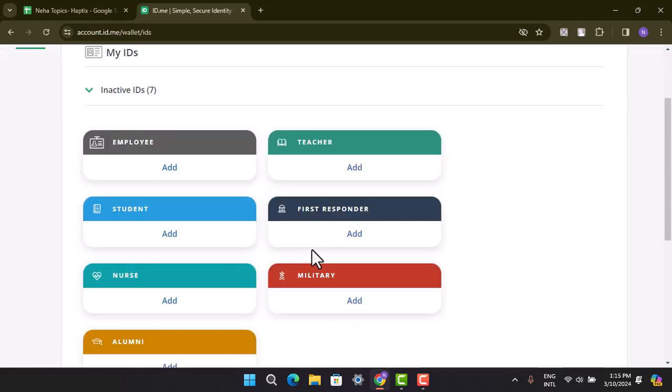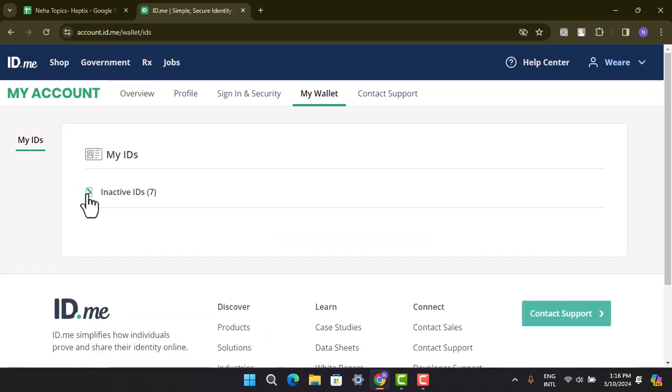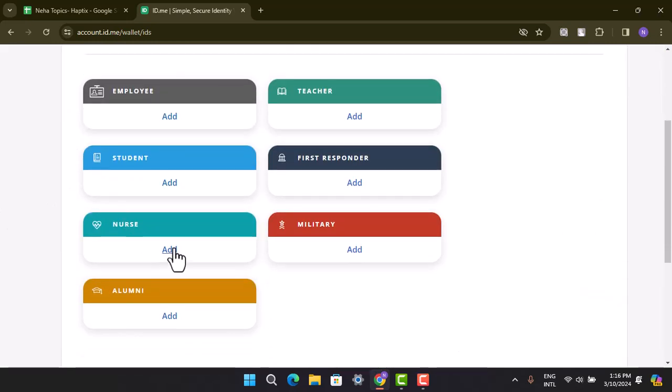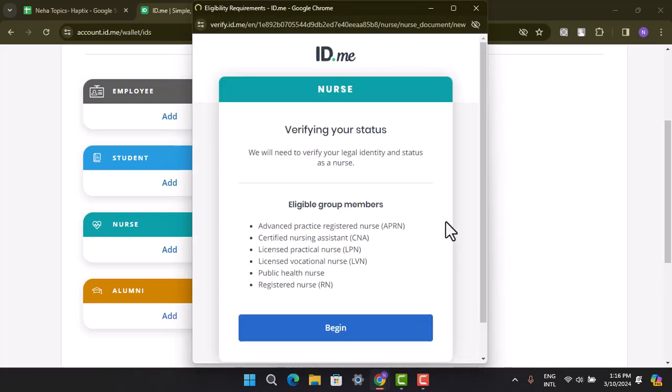Accordingly you need to select what sort of IDs you would like to go ahead with, and then you need to select the Add button. Now as you do that, a pop-up menu will appear right in front of your screen. Accordingly they'll ask you to provide the information. As you can see, you have to go through all of these steps, and at the last